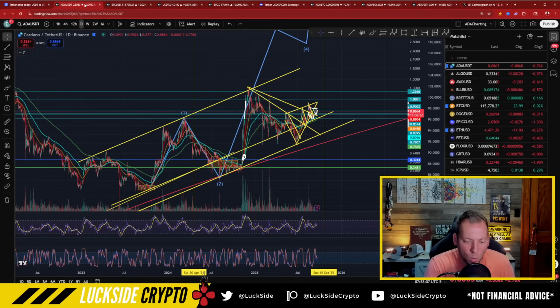And what I found as well is right now, we're actually mimicking what we did in late 2023, right as the bull market cycle was kicking off. And I want to show this to you guys. I want to talk about what this might mean for ADA price moving forward here, a couple relationships that we need to monitor closely, as well as the capital that is here right now that can help take us to new highs.